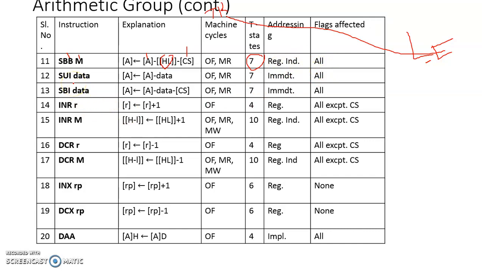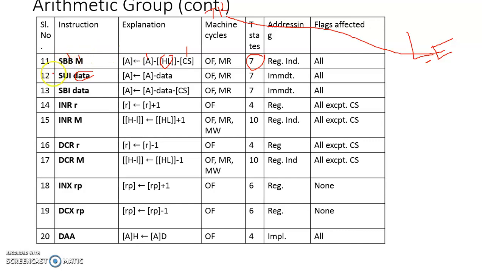Now the subtraction with the help of immediate data. SUI data. This asks the processor to subtract the content of the next memory location, that happens to be a data mentioned as the second byte of this 2 byte instruction, from the content of the accumulator and place the result in the accumulator. So this is a 2 byte instruction. This data will be 1 byte, so SUI needs to have an 8-bit code. Now this data will be available in the next memory location of the program.